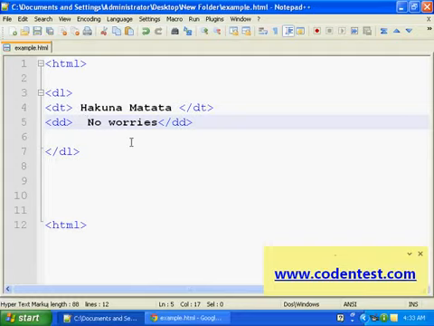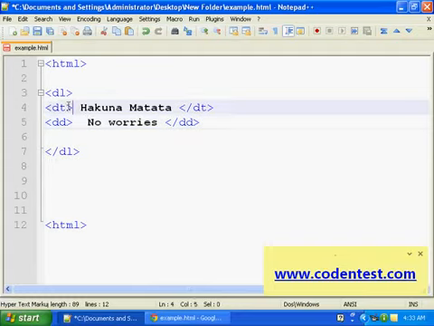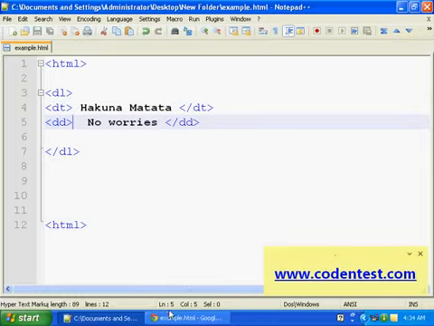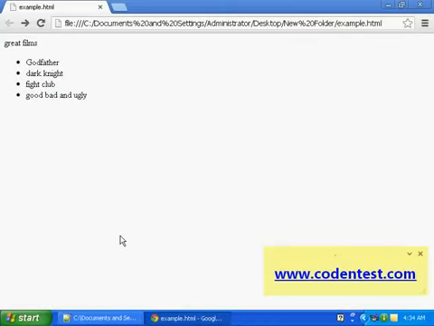So we use DT to define the term, and for the definition we use DD. You'll see now. I save that. See here, Hakuna Matata, and no worries. Definition of Hakuna Matata is no worries.